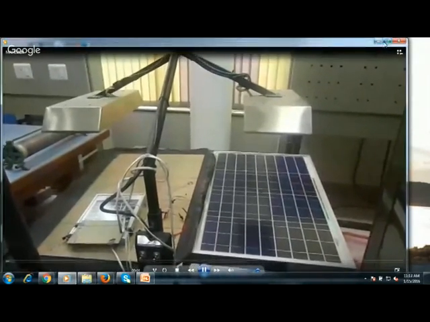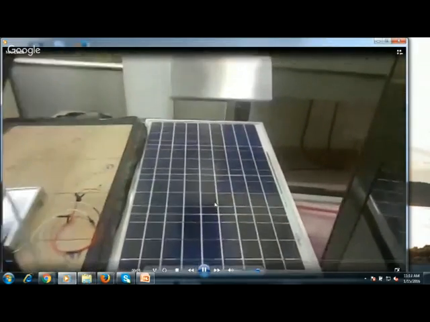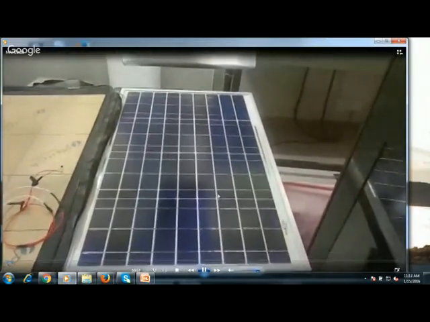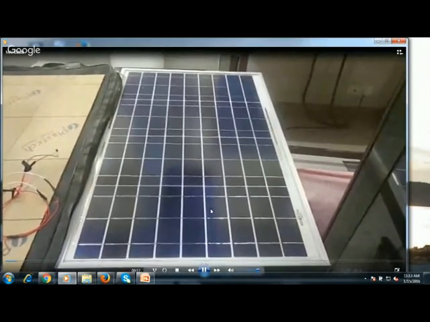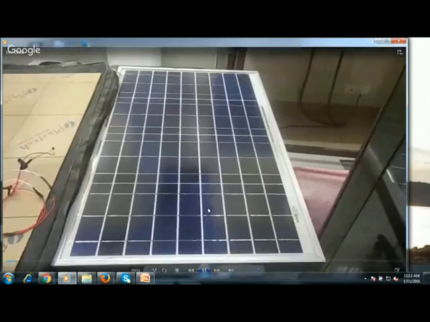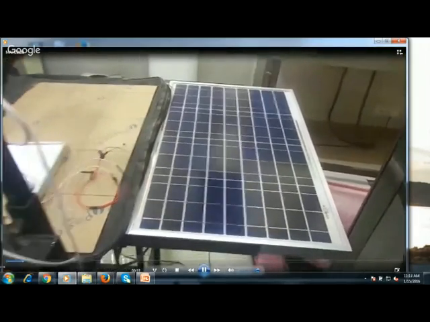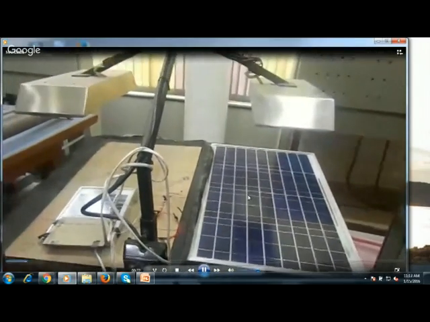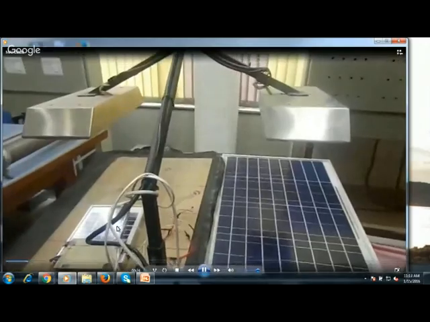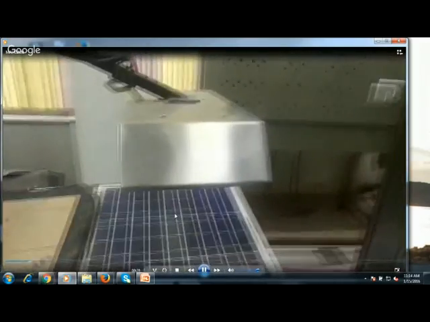So this was the real time panel. Say this is our solar panel. Okay. So this is the 37 watts panel. We have 2 panels, and we can connect them in series and parallel. This was an irradiation sensor we made to find the efficiency of the system. So here you have the tungsten lamps.